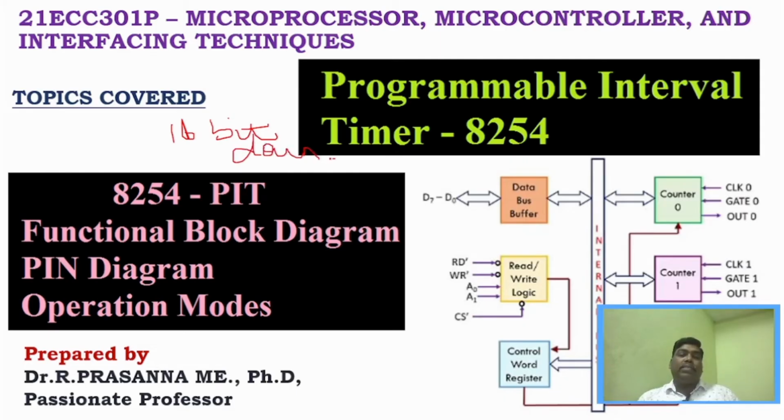Down counters. So what is meant by down counter? Down counter in the sense, whenever we feed a count value, say for example, if we feed a count value of 15, then as time progresses, it will be decreased one by one, 14, 13, 12, like that, right? And as soon as the count becomes 0, it creates the interrupt, right? Like this, we can create delay, right?